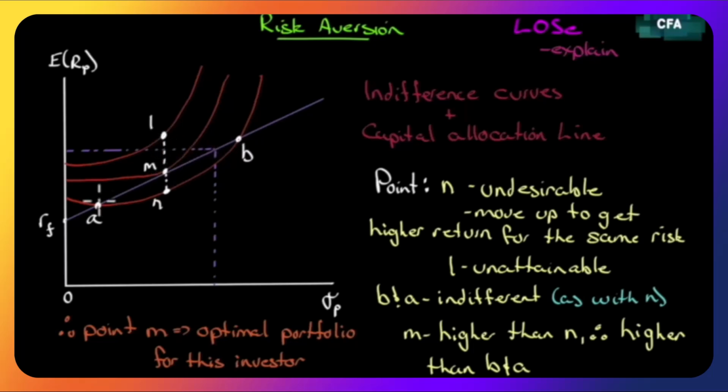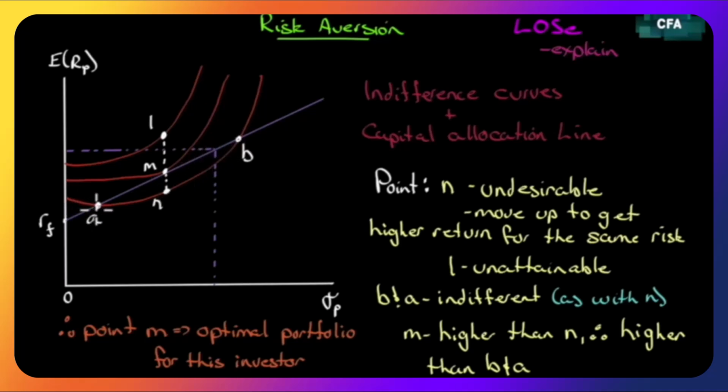We need to be on the line. Well, there are 3 points on the line, A, M, and B. B and A. We should be indifferent between B and A. Why? Because this indifference curve represents all. That's called an indifference curve, right? Every point on this line we are indifferent about. It's a perfect trade-off between risk and return, and we are indifferent. A has lower return, but it has lower risk. B has higher return, but it has higher risk. So the increase in return is what's necessary to compensate us for that increase in risk. We're indifferent between the two.